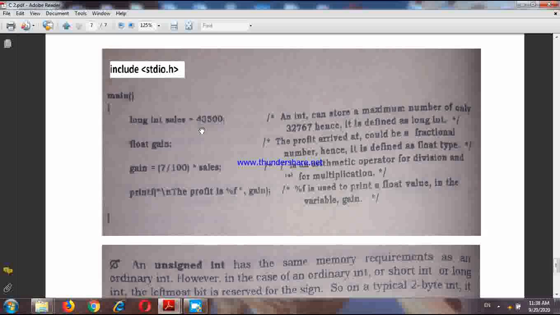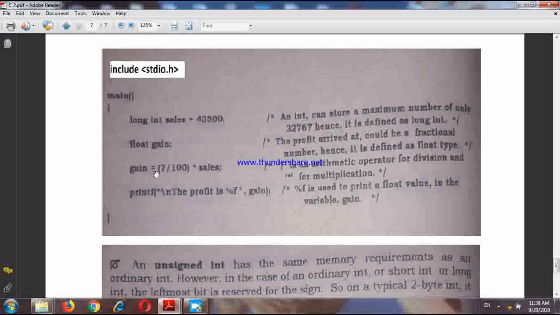It will assign 43,500 to sales, and then calculate gain. Gain we have declared as a variable, and whatever value comes out will be assigned to gain.